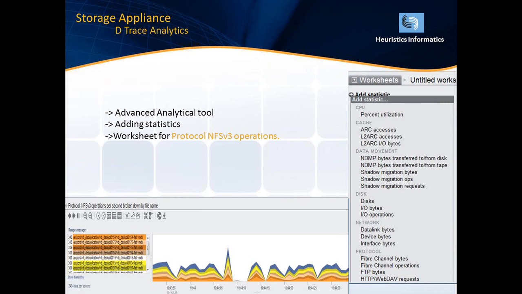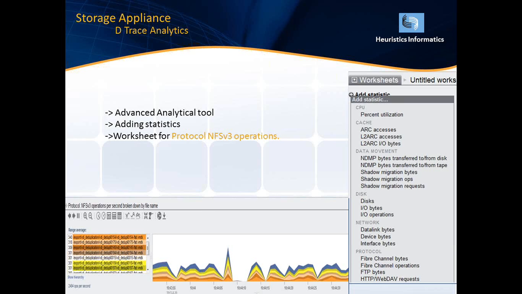And if you need to analyze the statistics of the storage, we can select the DTrace analytics, which can be used to get the statistics of each and every component and each CPU utilization. If you click on add statistics, it will show you the groups. We have different classes, and in each class we have different components. Like in the cache class, if you want to see the ARC access or L2 ARC IO statistics, I can view each and every statistic with the help of DTrace analytics. So within the storage itself, I can view the statistics.